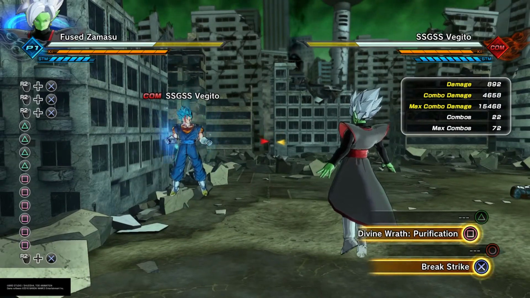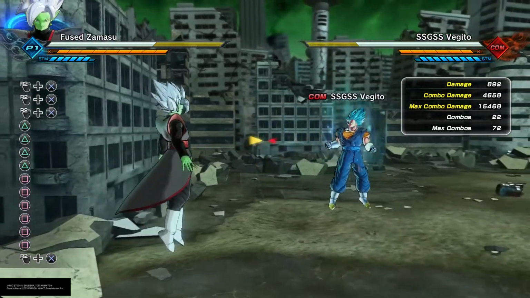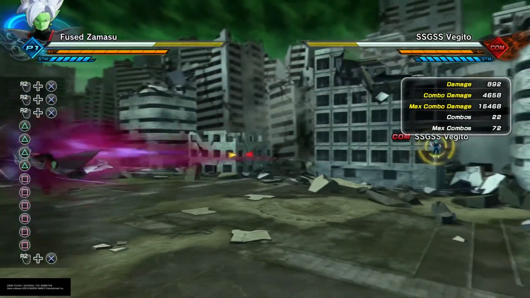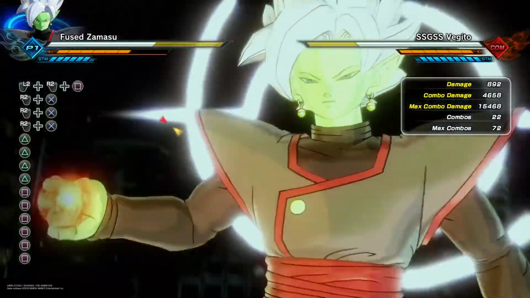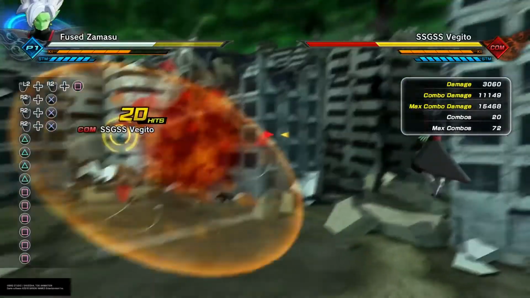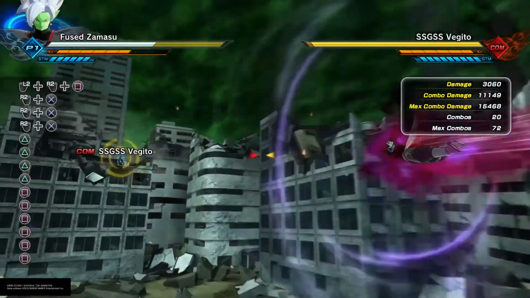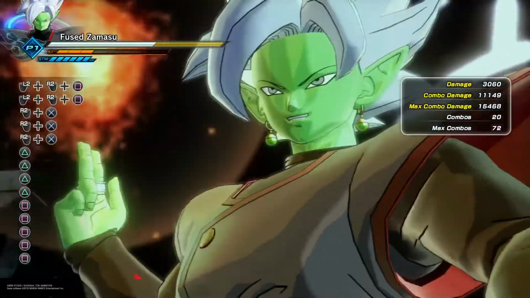Now let's get to his ultimate attack, of which he only has 1. This is another reason he's kind of bad. He only has 1 ultimate attack, and this ultimate attack is... it's okay. It definitely could be better. Its wind-up is extremely long, and the worst part about this skill is that if you do miss, which this skill actually used to miss a lot,